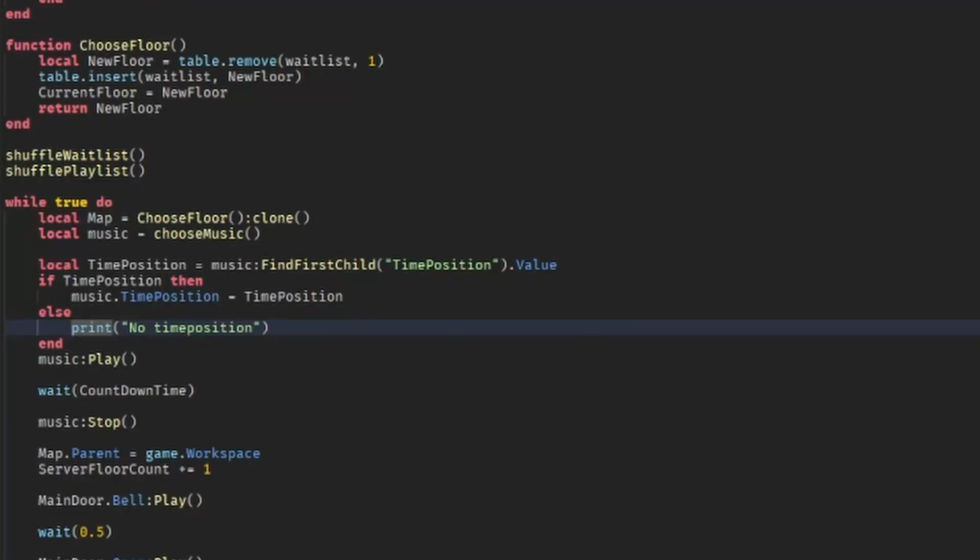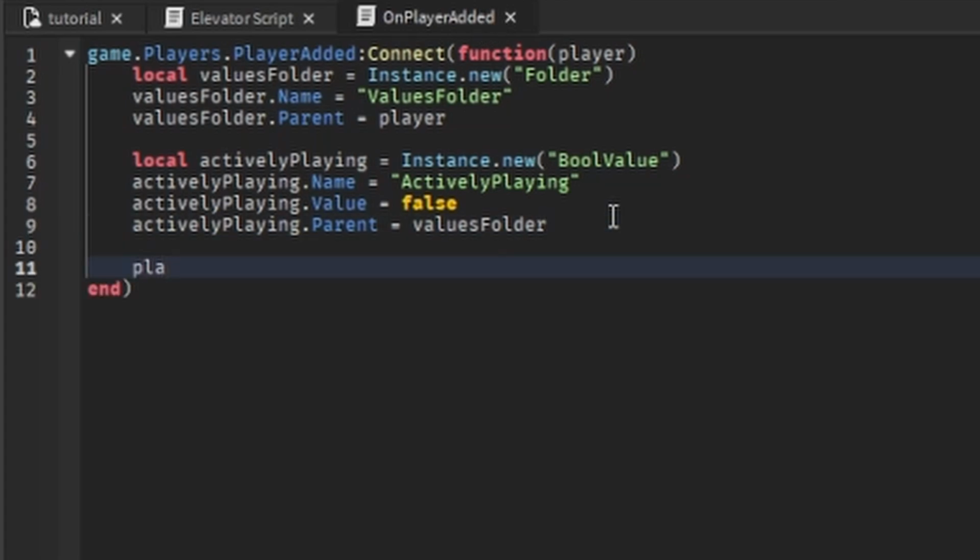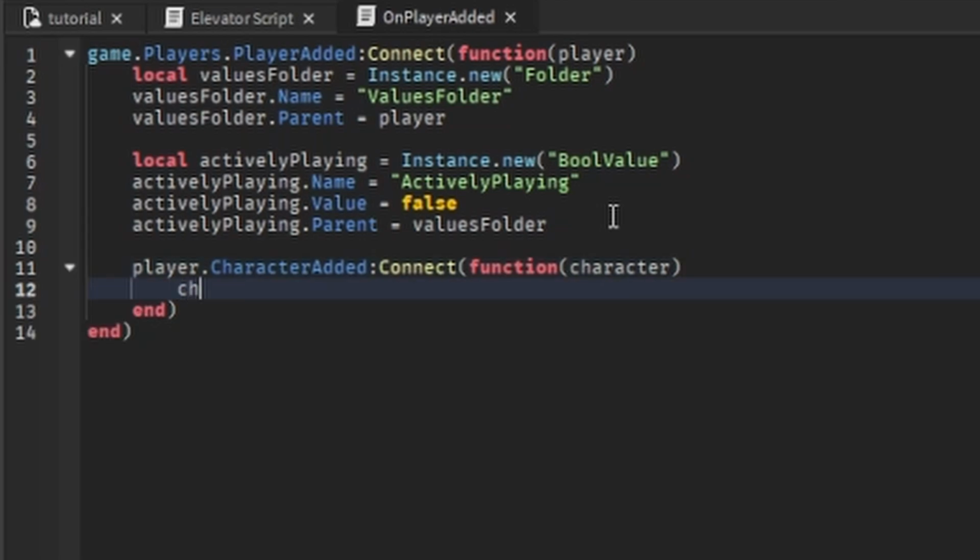So yeah, it did skip like 30 seconds through the song when it started playing. Now there's a problem that I need to fix, which I didn't do in the last video. So in this onPlayerAdded script, we need to add player.CharacterAdded:Connect(function(character), then WaitForChild("Humanoid").Died:Connect(function(),